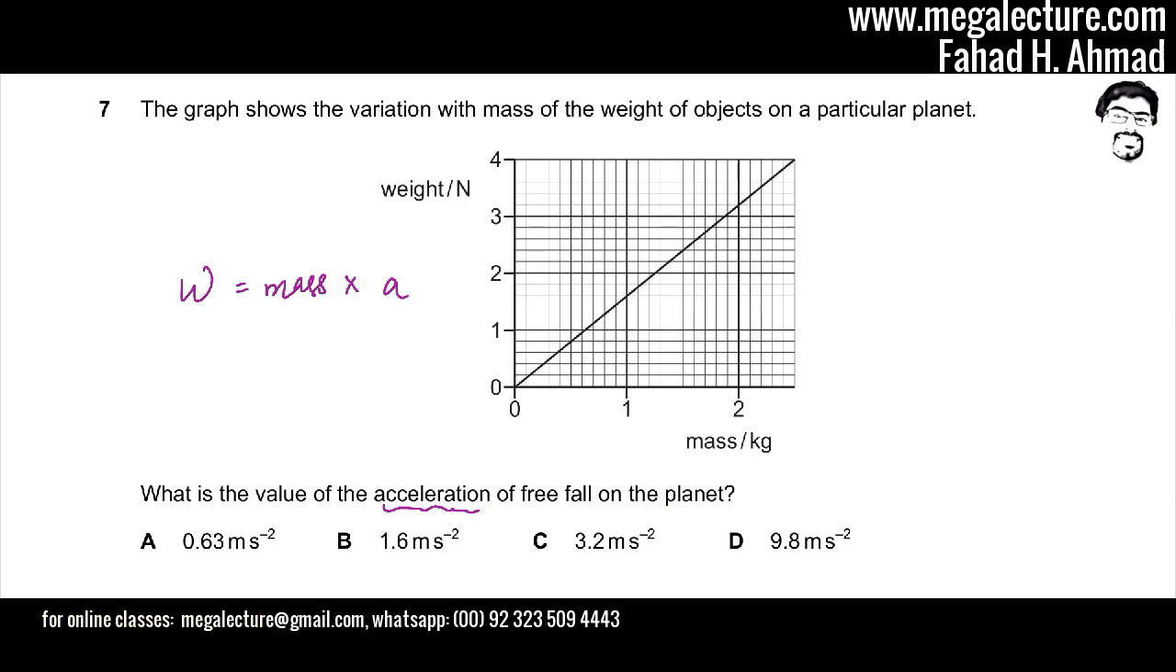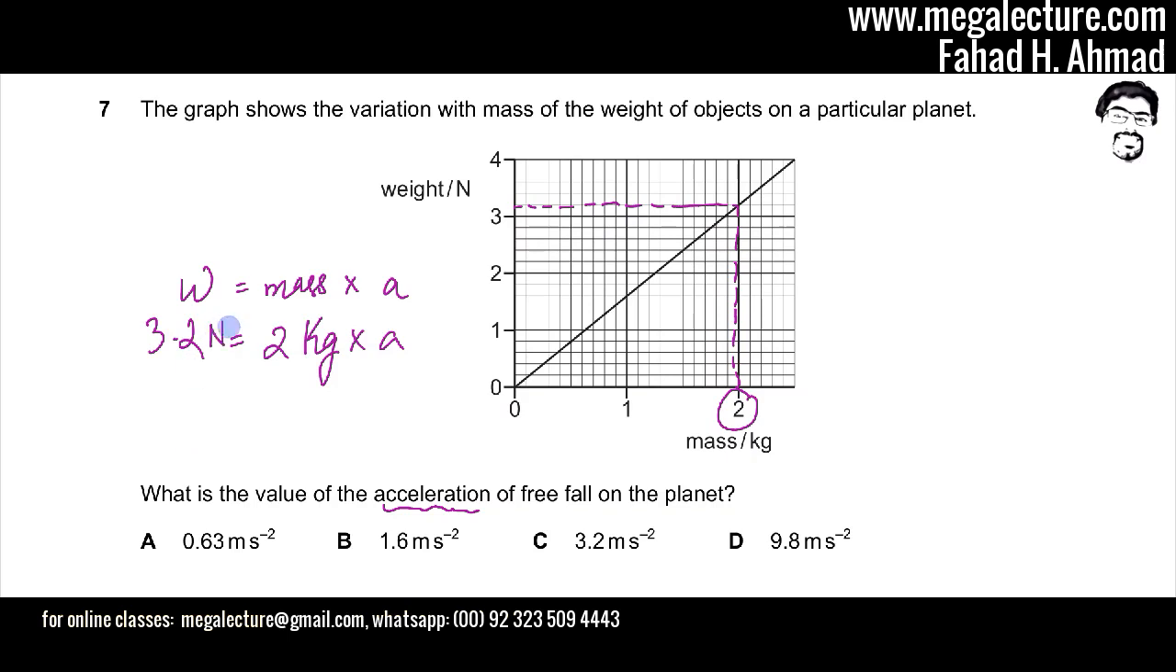For example, if we have a mass of 2 kg, and if we trace this line over here, you will notice that this line reaches somewhere at, I think, 3.2. So we know that for a 2 kg mass, W equals 2 kg into A. Substitute the values, W comes out to be 3.2